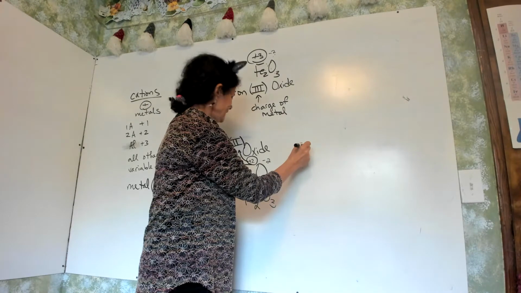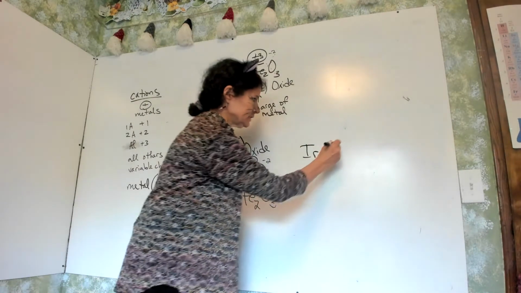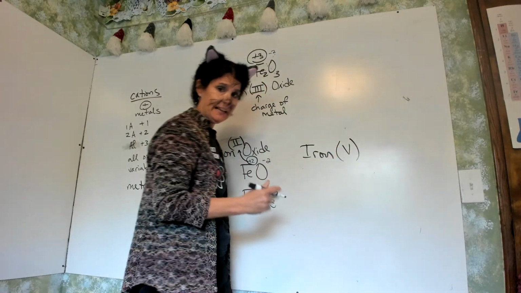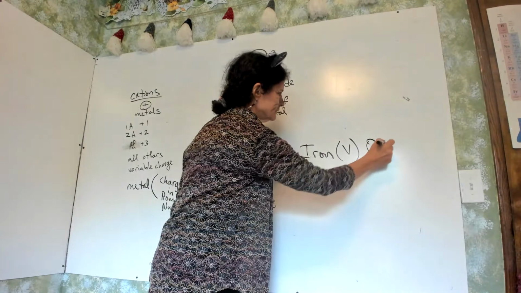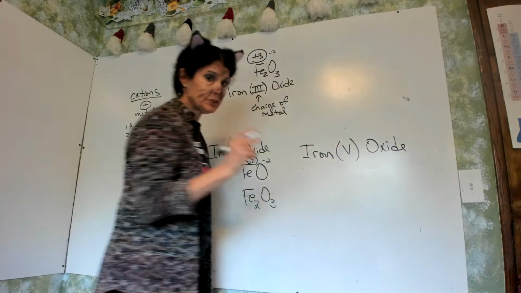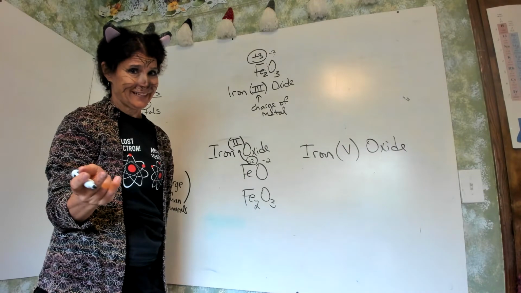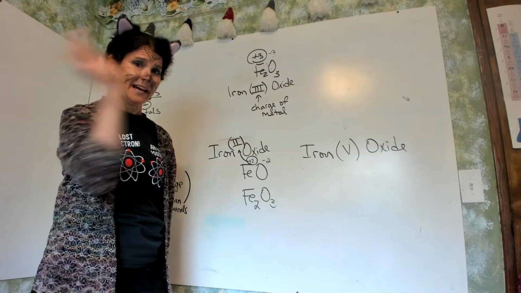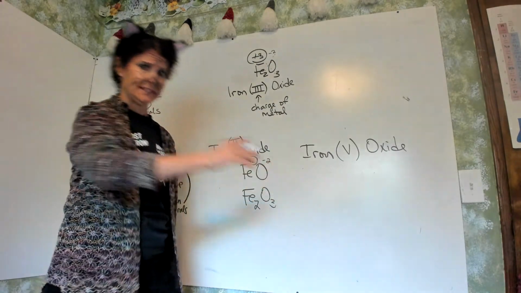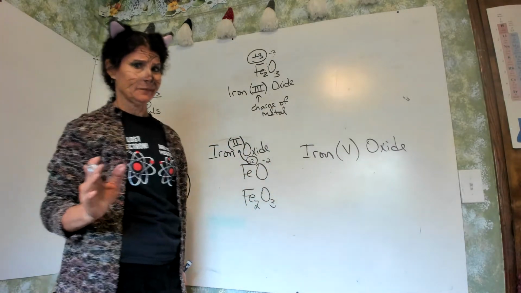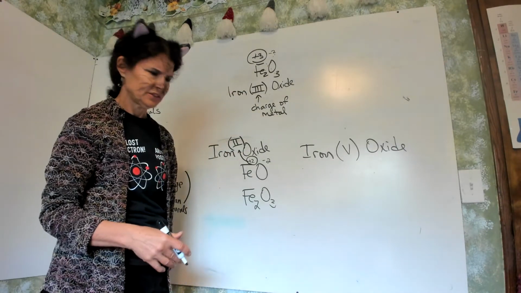So what if I gave you a name? If I give you the name, it's really easy. So iron 5, that's a V, so the victory sign, 5 oxide. So 1s, 2s, and 3s. 2 is the most common number because S's have 2 electrons and they want to lose those S's. They were extra. Remember the S's were further out? They were like the next level and then the D's go in a level. Well, it turns out being out that level, they want to get rid of them. It's lots of words. Do you need to know it?